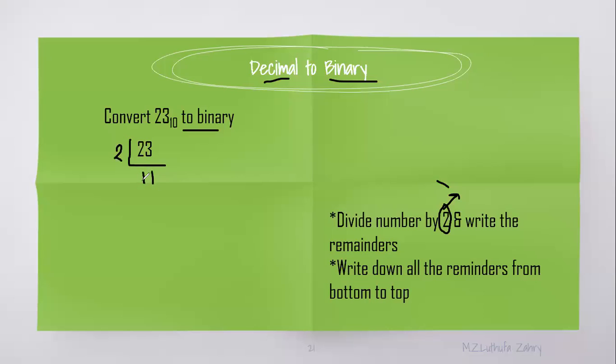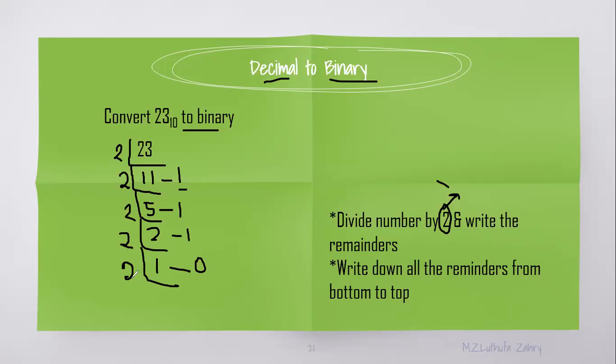11. 11 into 2 is 22, and the remainder here. You have to write the quotient here and the remainder here. You have to divide till you get the quotient as 0. Once again divided by 2, you get 5. 2 into 5 is 10, so 1 remainder. Again by 2, you get 2, and 1 remainder. 2 into 2 is 4, and 1 remainder. Again by 2, you get 1. 1 into 2 is 2, so there is no remainder, 0 remainder.